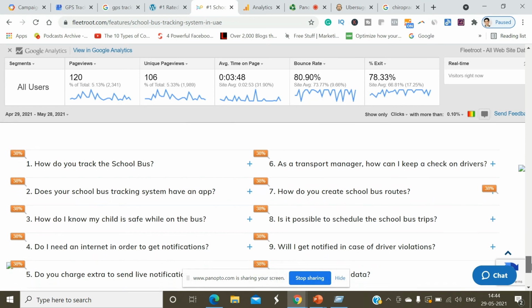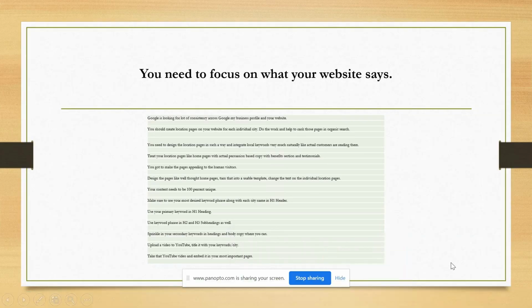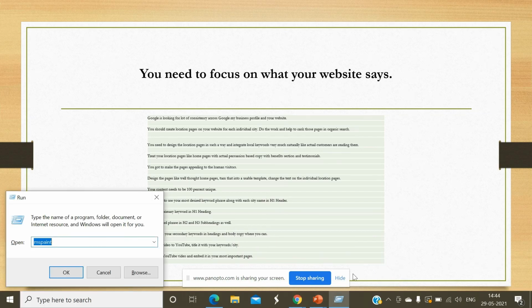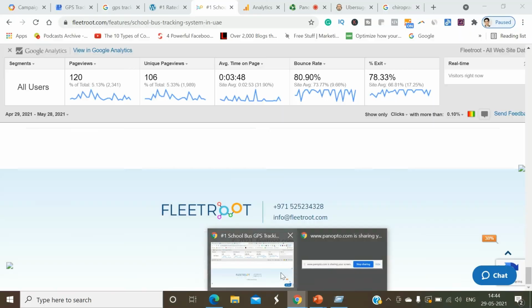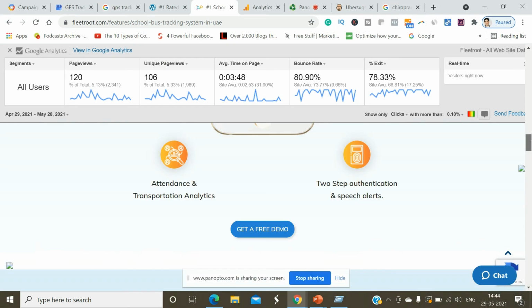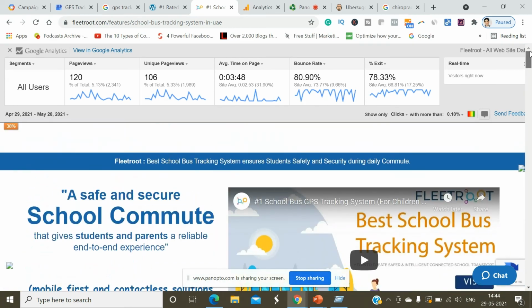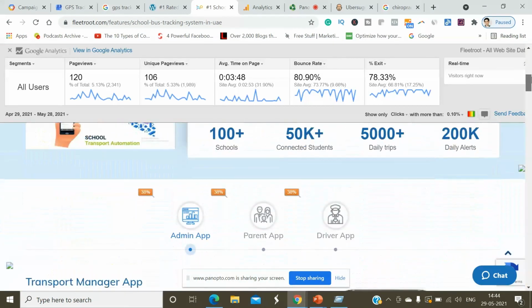Then we have added FAQs also. Okay. I hope I could add value. We have used the H1 tag as well. See, again, I should show you here. These are H1, H2, H3 tags. See, all the tags are complete here.